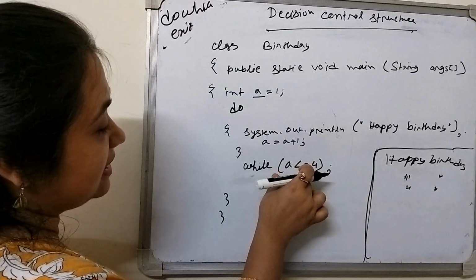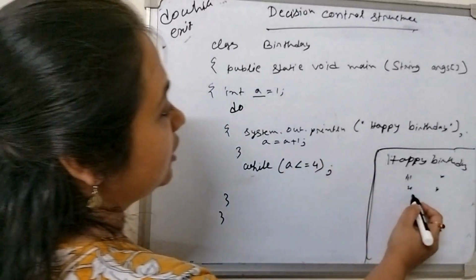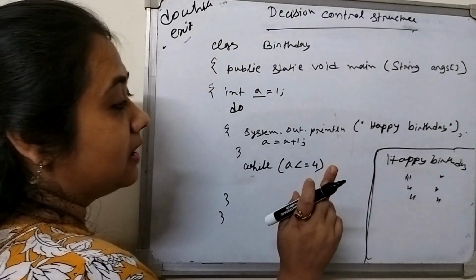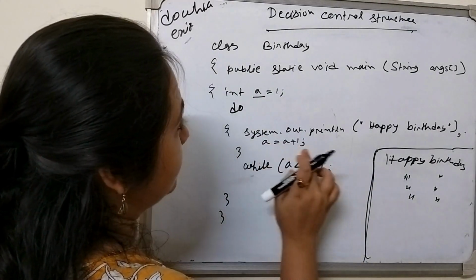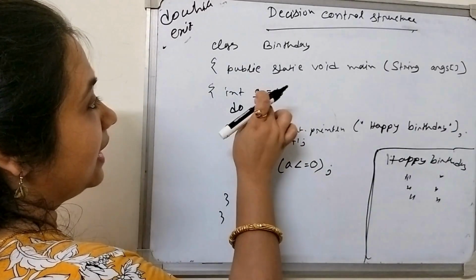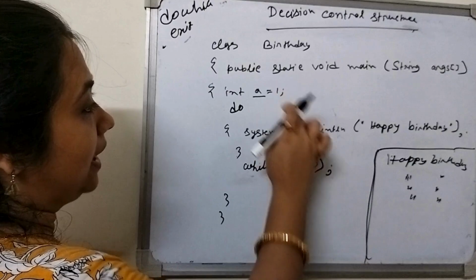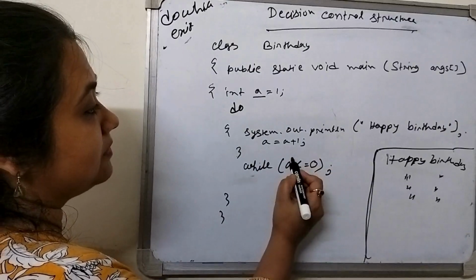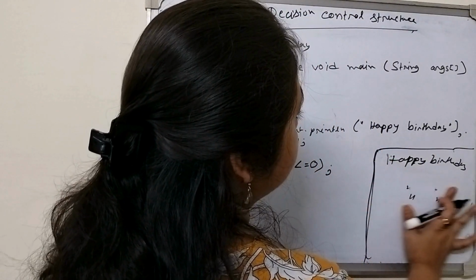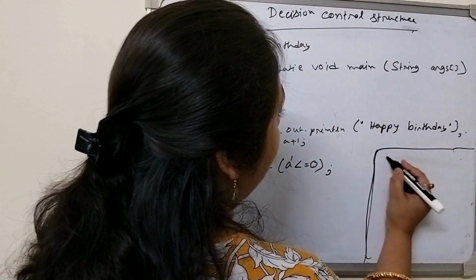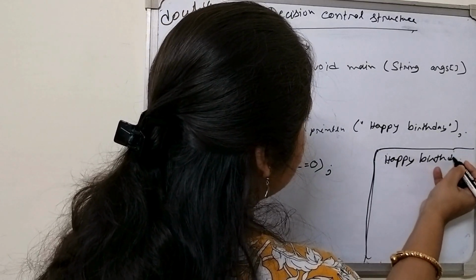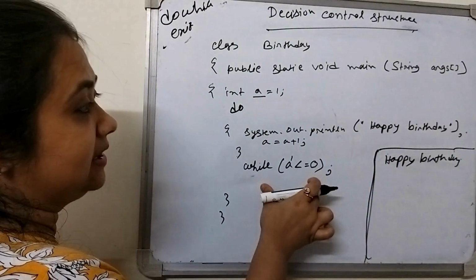Next, the condition is satisfied. Then happy birthday will be printed. So the fourth time it will be executed. This is known as the exit control loop. Suppose we give the condition as 0. That means we initialize the value of a equal to 1, but the condition is 0. That means this condition is not satisfied, as the program is executed the first time. So at least one time the happy birthday message will be executed, because at first it will execute the program, then we check the condition.